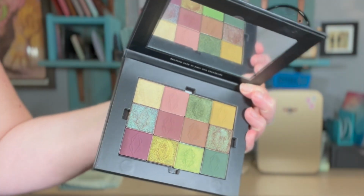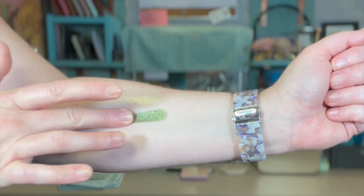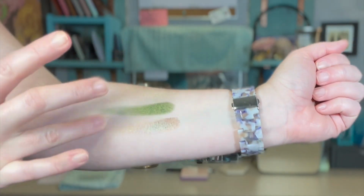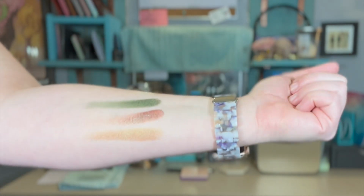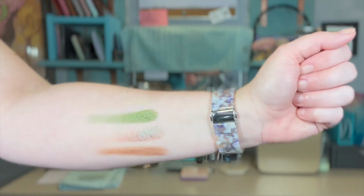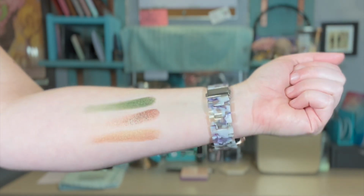So I already have 2 Lethal palettes in my collection, and I do have one more saved on their palette builder to go ahead and purchase for this year. And again, I want to try out some other indie brands and see the quality that they can bring into my collection. But I am so pleased not only with the way that Lethal allows you to see what your palette is going to look like before you purchase it,